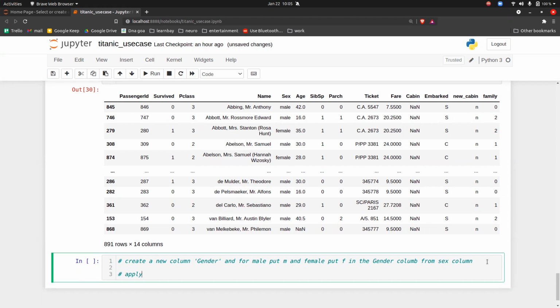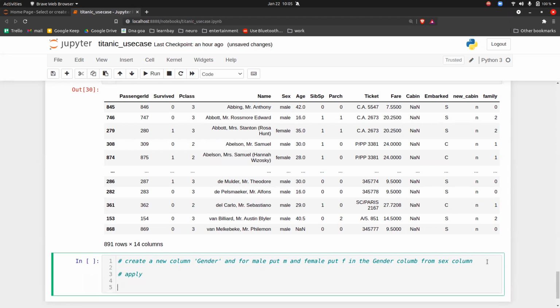Okay, this is my favorite. This is one of my favorite methods in pandas. Why is this a favorite? Because with the apply method, you can use functions and get things done very quickly. Let me explain how this apply function works first.